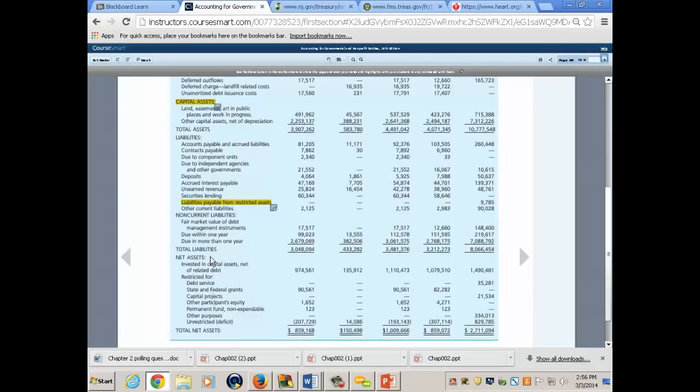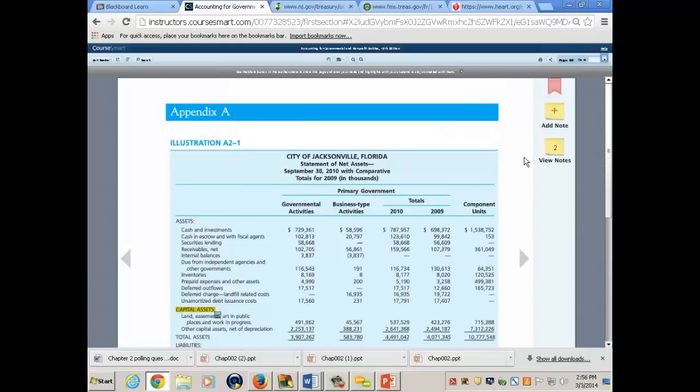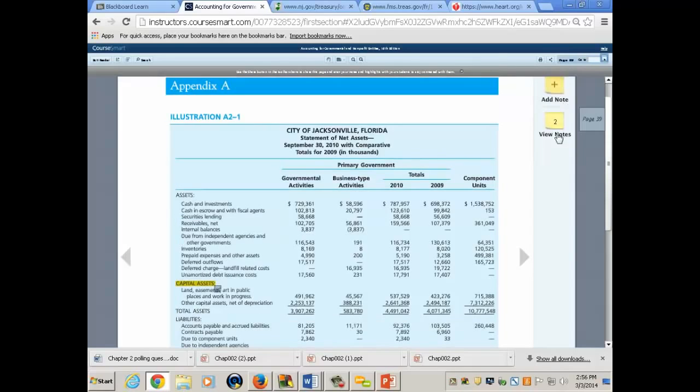So that's the format of the statement. Assets, liabilities, and net assets. And the net assets are divided into net assets that are invested in capital assets, restricted and unrestricted. Three different components. Now let's take a look at the next statement. So we looked at the so-called balance sheet. Here we call it what? Statement of net position or net assets. Let's take a look at next the